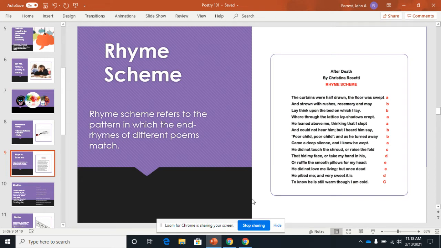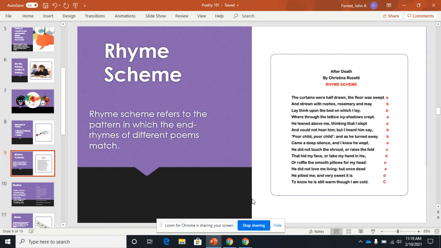Again, you're probably like, Mr. Forrest, that makes no sense. Well, let's look at this example on the right. This is called After Death by Christina Rossetti. It says,